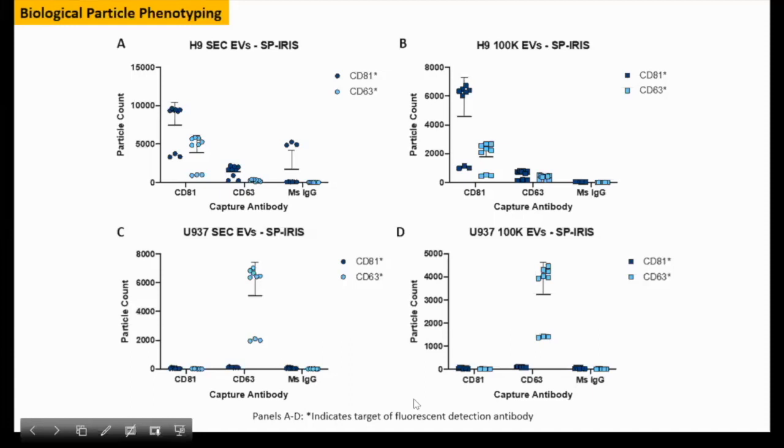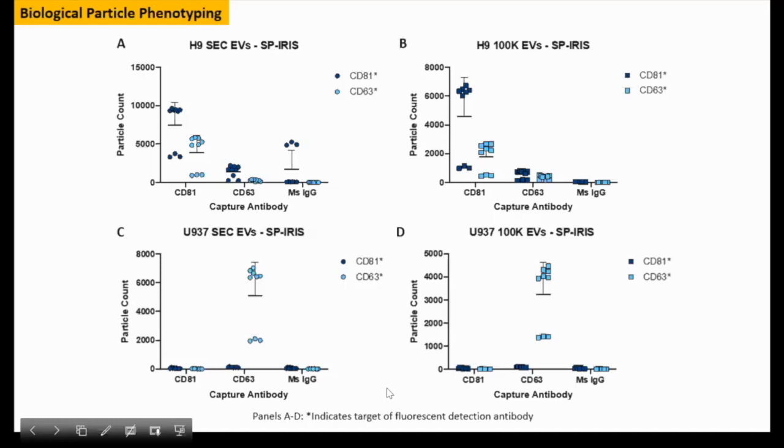Note that the number of positive events is higher in fluorescence mode than with label-free imaging. So here we have, like in panel D, almost 5K events, and it can reach 10K events in the other panel, when previously in the label-free count we were around 3K events. So this is likely because fluorescence detection is more sensitive than reflectance imaging,